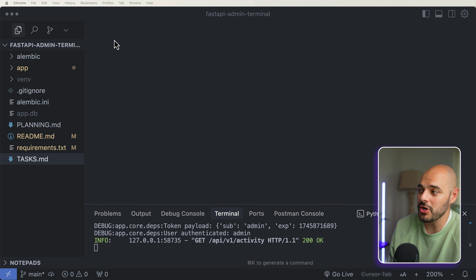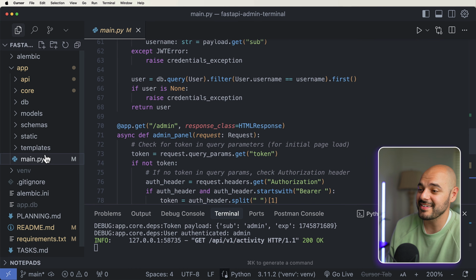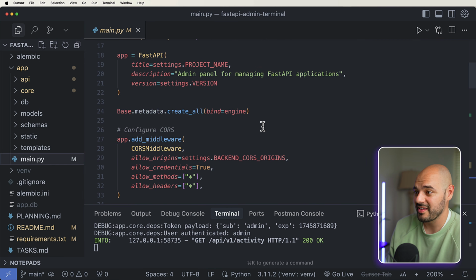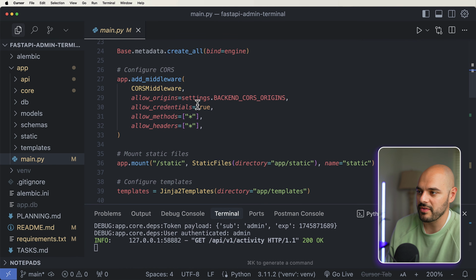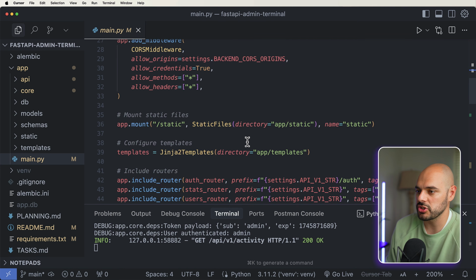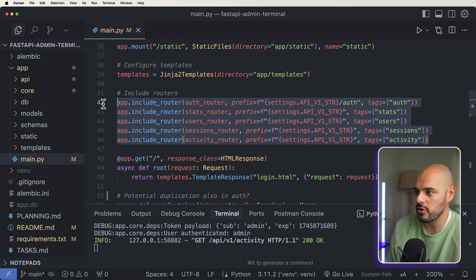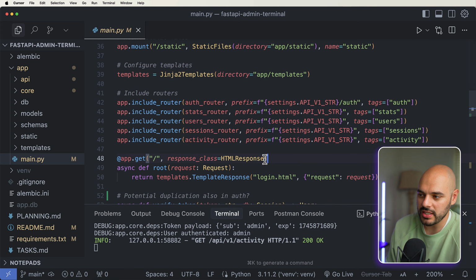If we look at our code though, it created us a ton of stuff. Starting with here in our main, we are getting this from our settings file, which is pretty cool. We have our create database, we have our CORS middleware, which just says pretty much accept everything. We create our Jinja and our static files and our CSS, and we add all of our routers. But what we can tell here